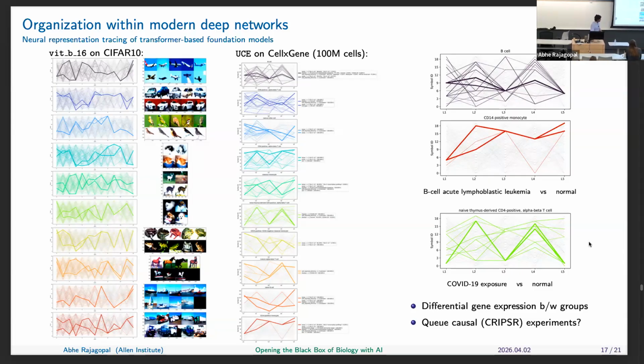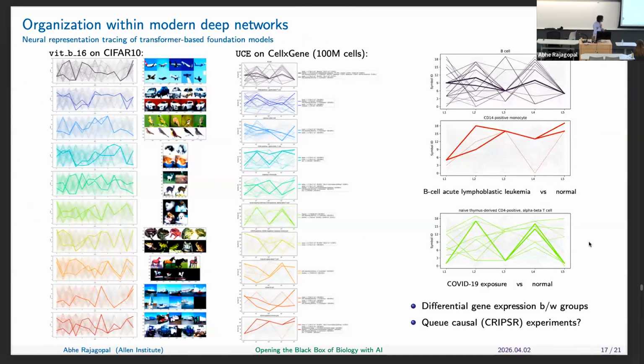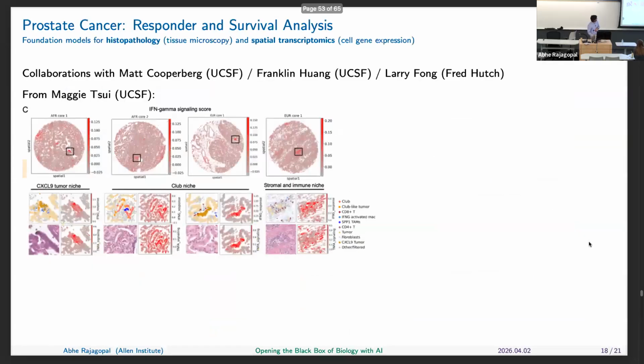And then the second part is, if we want to develop a therapy as an example, or really understand the causal factors that control that expression, we would want to use CRISPR as an example, and do gene editing to figure out, can I move a cell that's in one state on one trace to a different trace? And just to give you a hint of what's possible, maybe in the first part, looking at differential gene expression, I mentioned this project where we're looking at prostate cancer with spatial transcriptomics and histopathology.